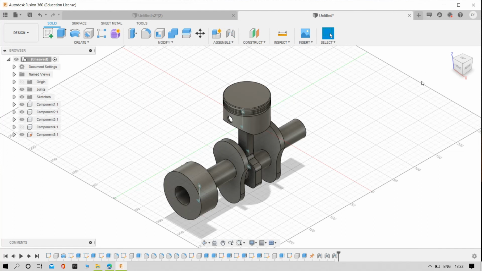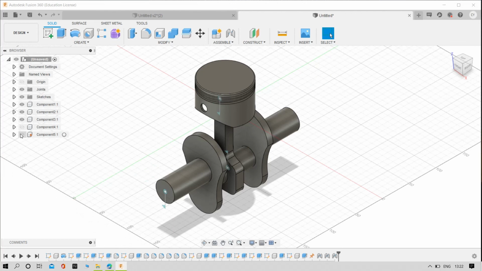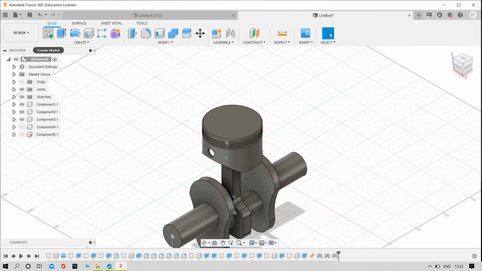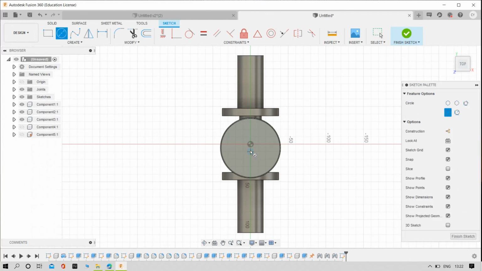But we need to do another. We need to create another part. Make it this one hide also, and then try to create a sketch and sketch it, and then try to draw the one circle.